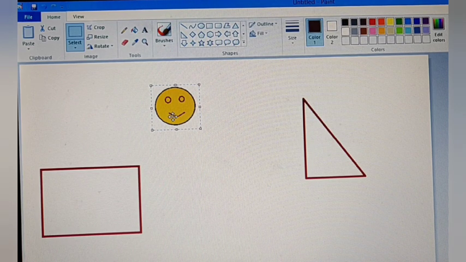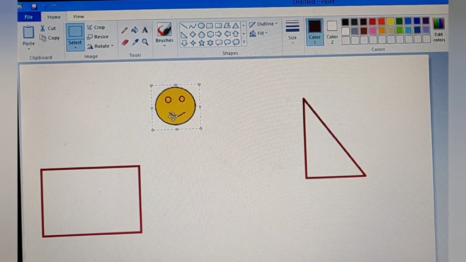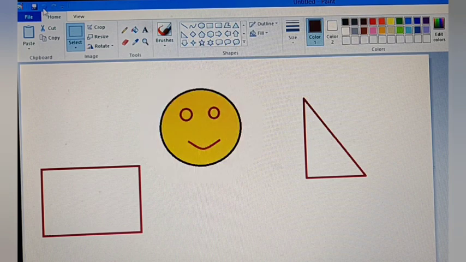Now next is skew. So first of all, let me tell you what is skew. Skewing an image means to resize the drawing either vertically or horizontally or both, so that it appears slanted. ताकि थोड़ी सी उसकी शेप जो है वो आपको slanted दिखाई दे, टेढ़ी दिखाई दे. Now first of all, let me make it enlarge again.